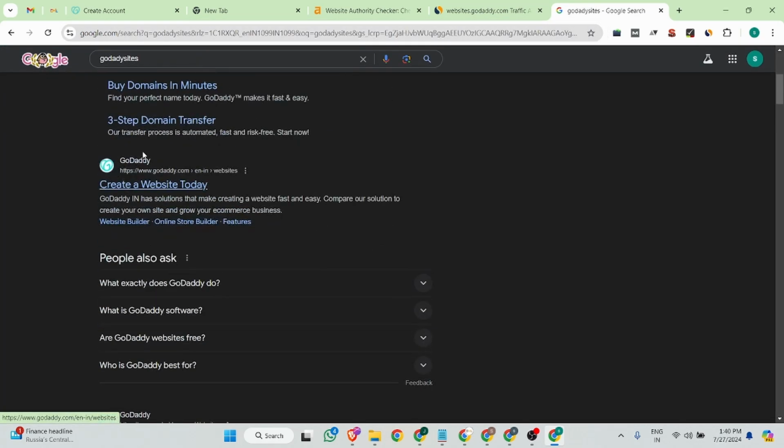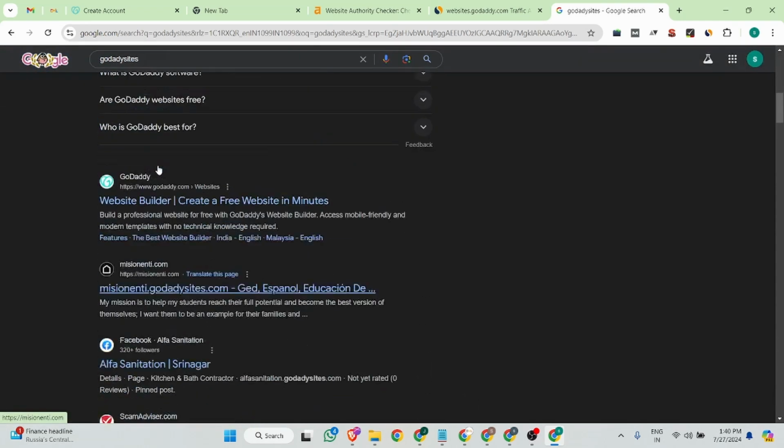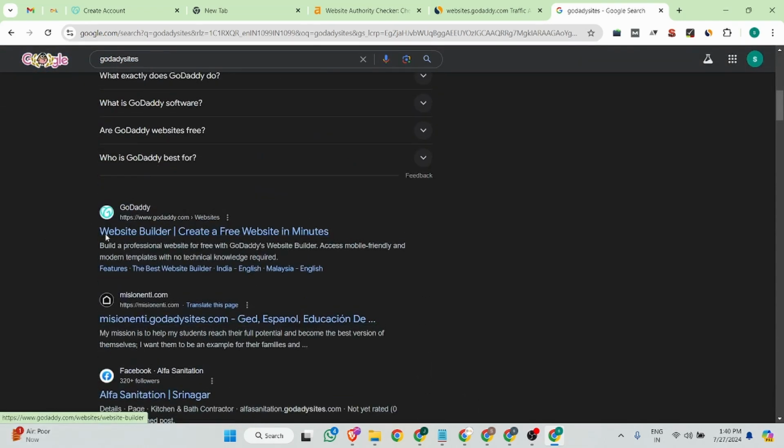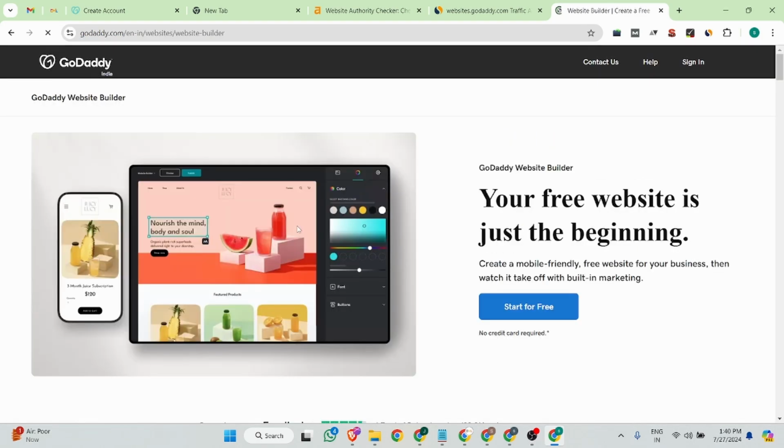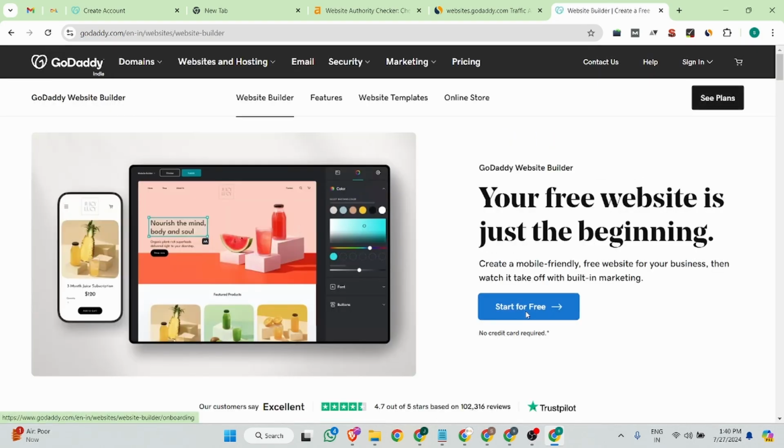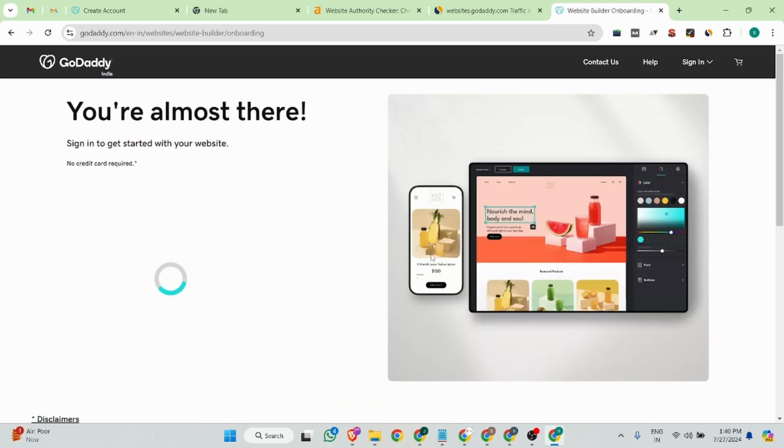Then scroll one to three pages deep and you can see this is option 2. You can see GoDaddy Website Builder, create a free website in a minute. You can follow this and create your backlink. After that you can click on the start for free button,